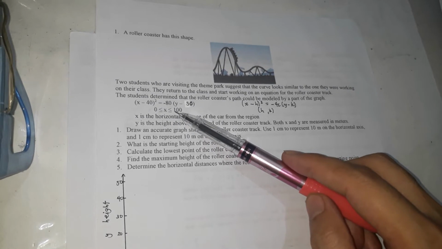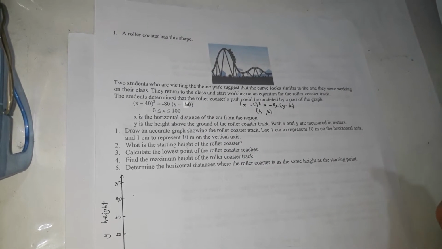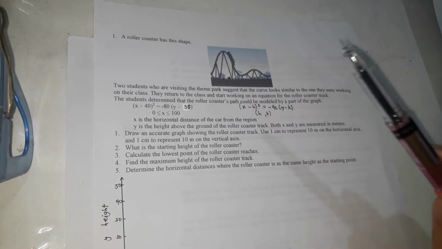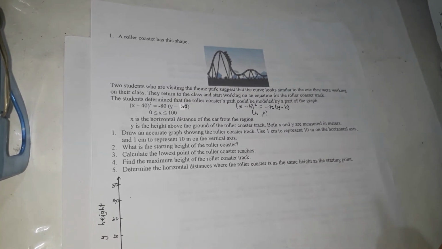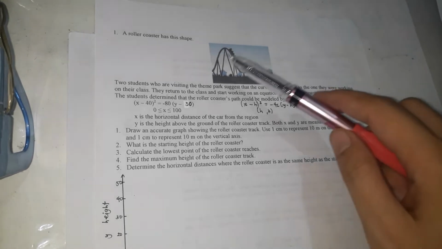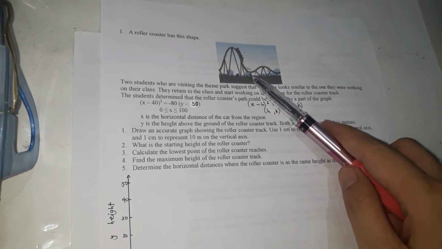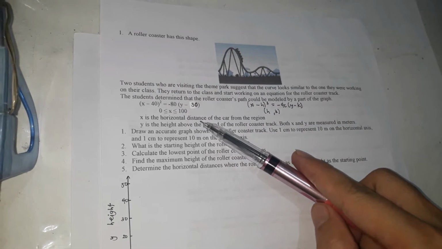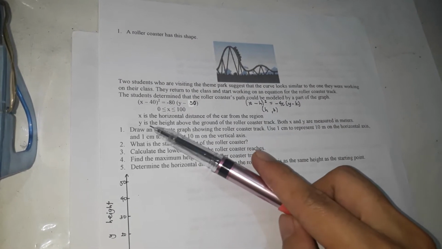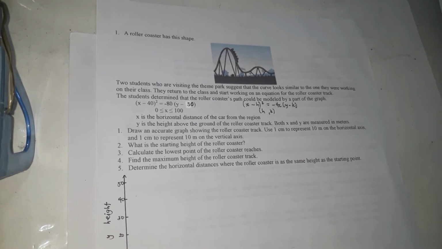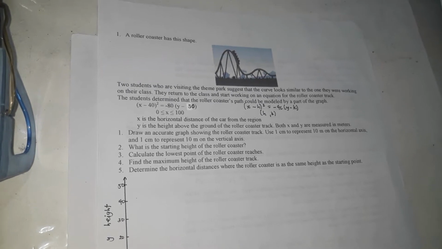So 0 to 100 lang ang na-identify nila. So as you notice, yung equation na ito is the same as this one. So that's the equation of a parabola, circle, ellipse, or hyperbola. Yes, it's parabola. So ibig sabihin yung shape ng roller coaster is in the shape of a parabola, where x is the horizontal distance of the car from the origin and y is the distance above the ground of the roller coaster track. So both x and y are measured in